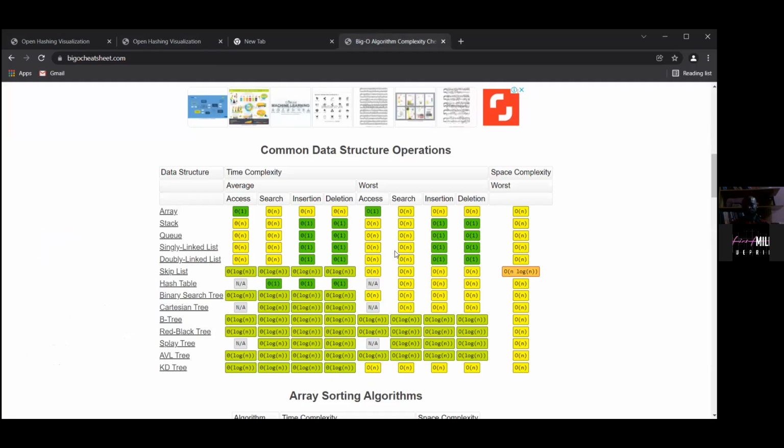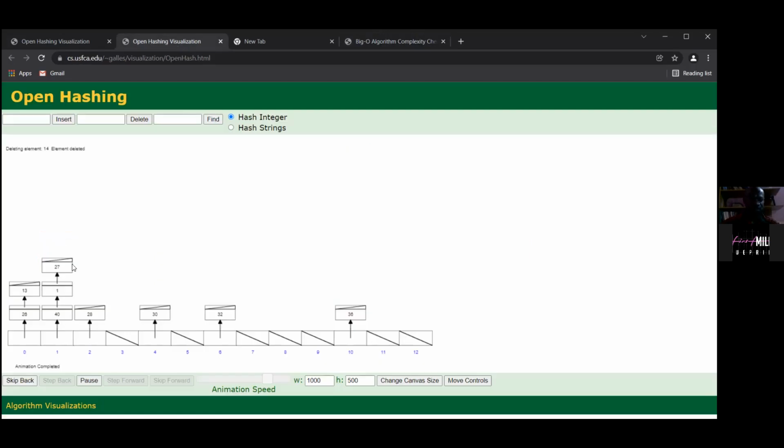Now, this collision that has happened, let me insert 14 again. Did you notice something? That memory space 1 is linked to 14, and 14 is linked to 40, and 40 is linked to 1, and 1 is linked to 27. This has entirely produced another data structure called a linked list.